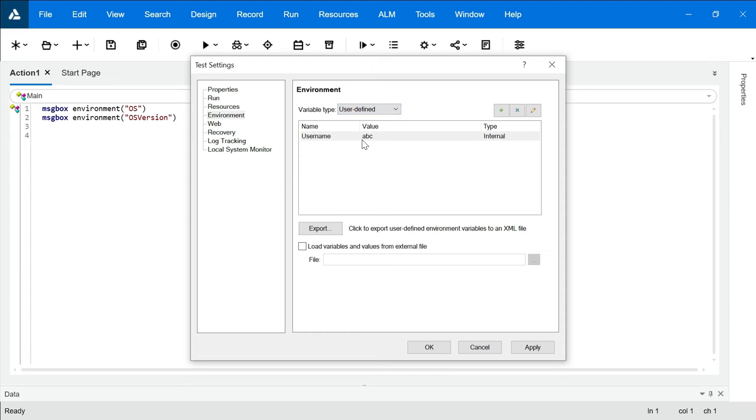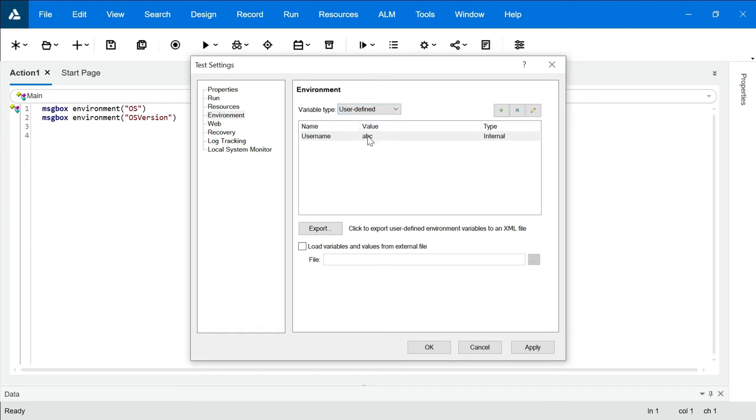Now let's again talk about the example which I have quoted before. Let's say the username is ABC and I have written test cases. If there are any changes, I have to manually go to the 10 test cases and change it over there. But if I have defined an environment variable as username with its value, in all my test cases I will be using this variable name username, and if there are any changes, my point of change is only one.